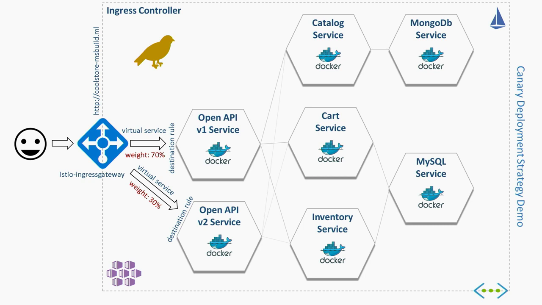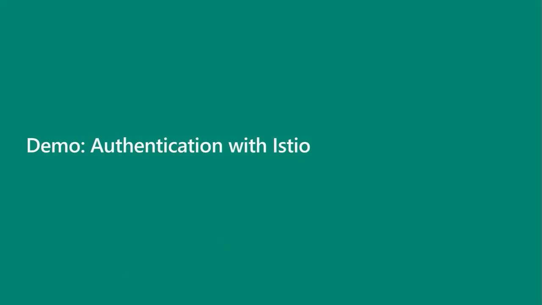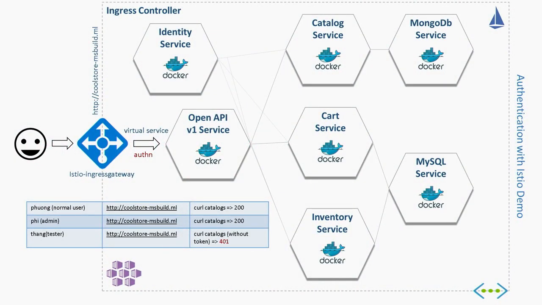But another concern we need to address here is authentication, as we mentioned previously. We need a way to configure authentication without needing to change the code. We just put it at the infrastructure level, and you can see here we actually have 3 roles in the system: a normal user, the admins, and the tester. Let's say I log in with the user tester, and I would like to get the